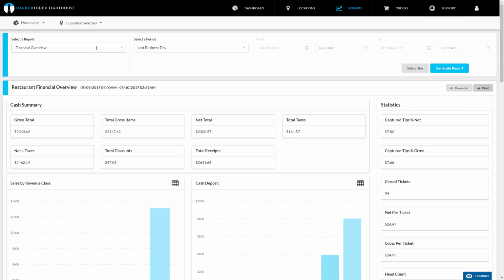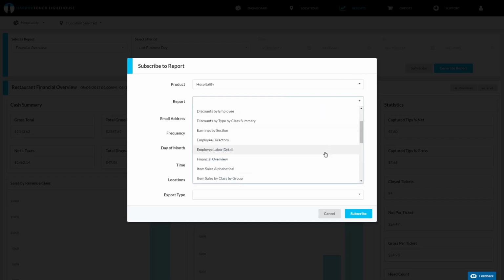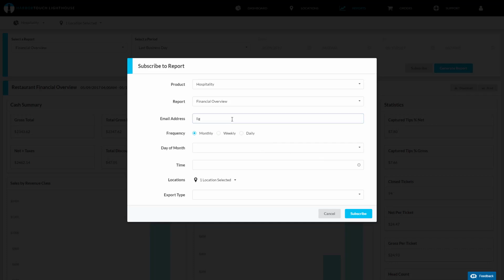The Subscribe option gives you the option of having the report generate and arrive automatically to an email's inbox on a monthly, weekly, or daily basis. Select whether you're sending POS reports or processing statements, the report you want to send, the email address, frequency, day of month for monthly reports, day of week for weekly reports, last or current business day for daily reports, the time, location, and format. When you set up the subscription properly, press Subscribe. This tool can be used to send your account reports to yourself, an ownership group, or management on a recurring